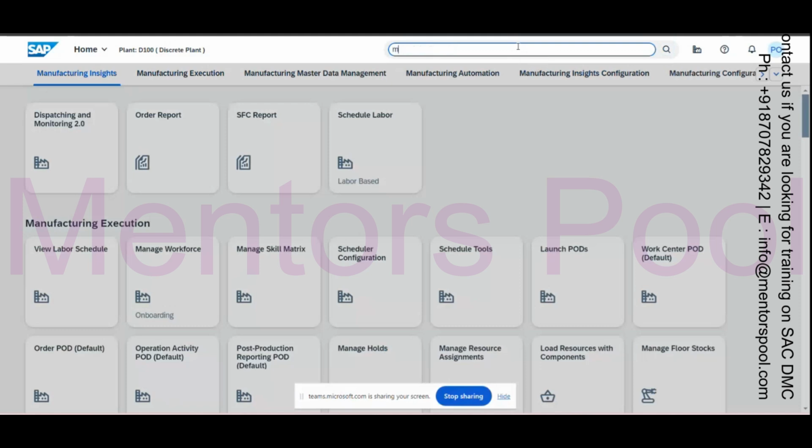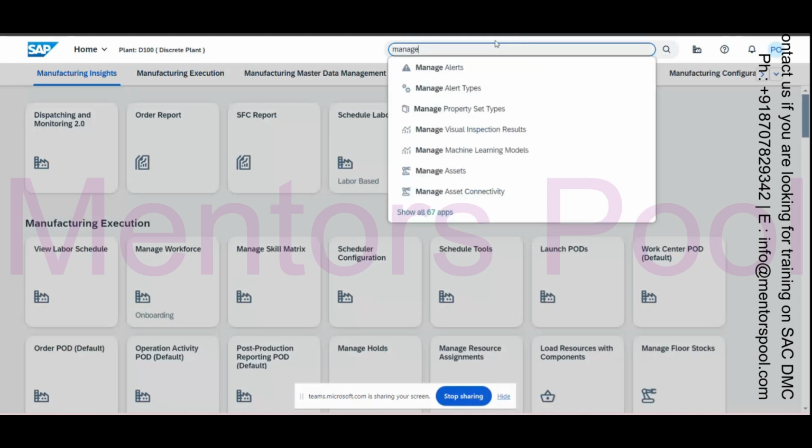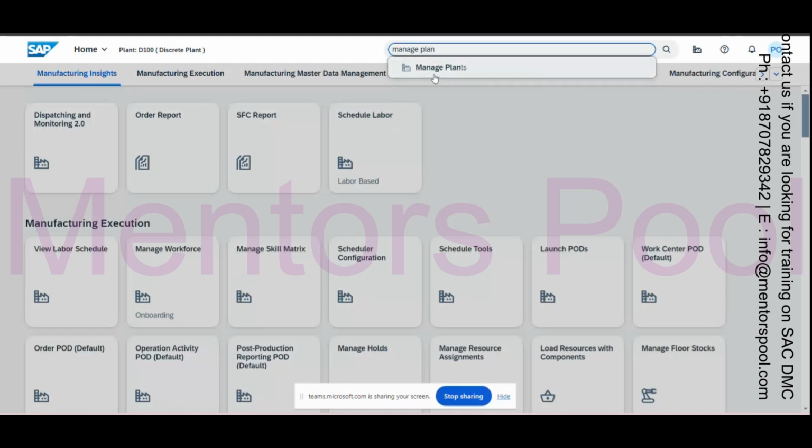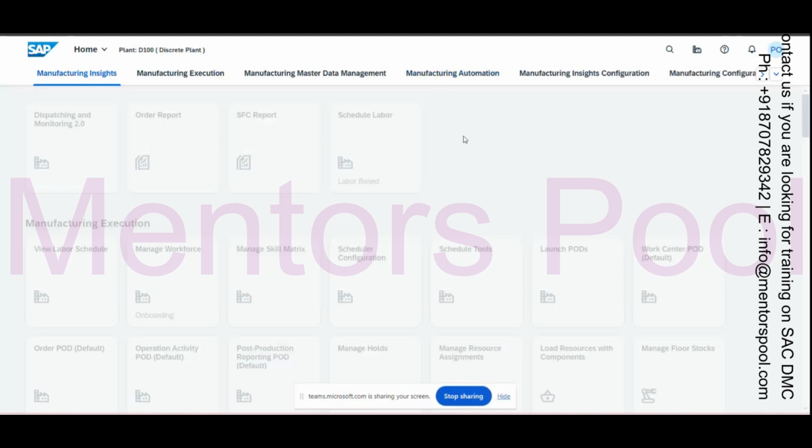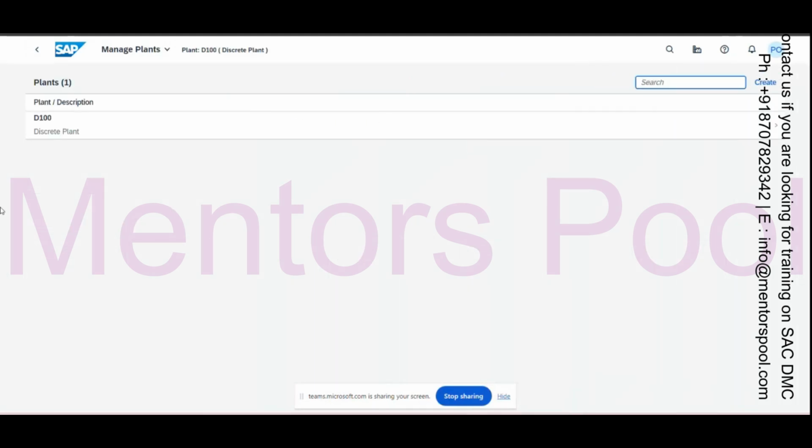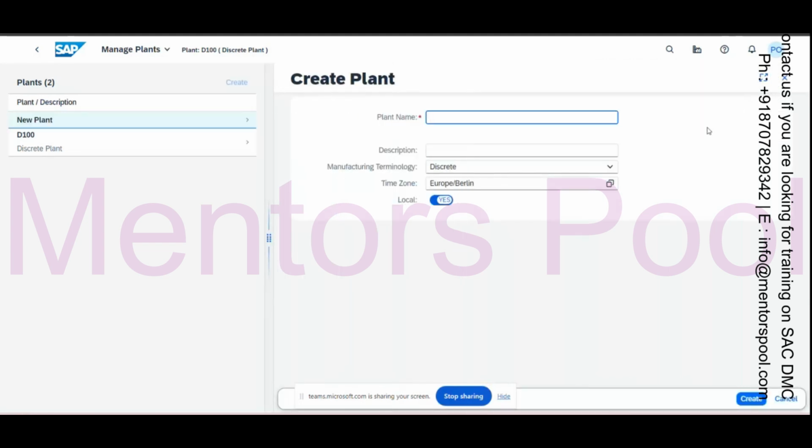Suppose there is a manage plant application. If you go to manage plant, you can see it is one application. If you click on this, there is only one plant created in this system, and that is D100. If you want to create any other plant, you just need to click on create, and